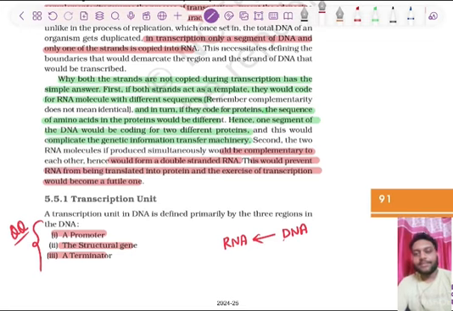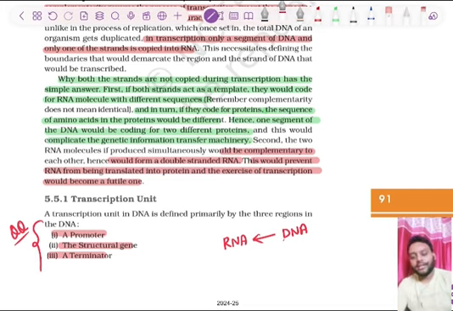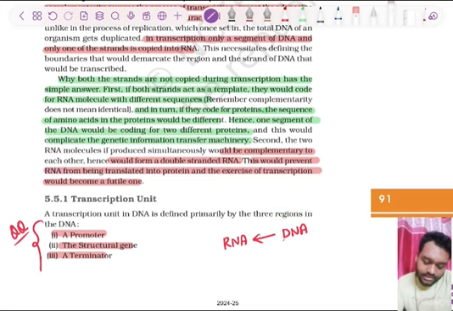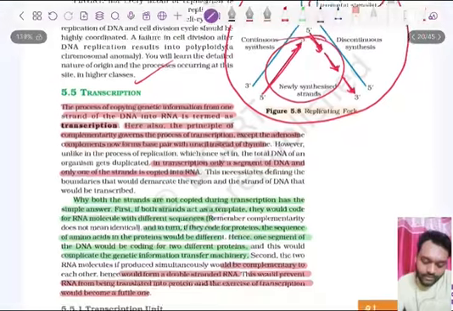So basically in the previous two video modules we discussed the topic DNA and replication in detail. In this video module we shall be discussing the topic transcription. So what is transcription? Transcription is basically the production of RNA from DNA. The process of copying genetic information from one strand of DNA to RNA is termed